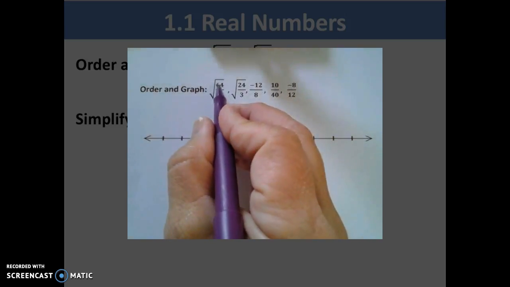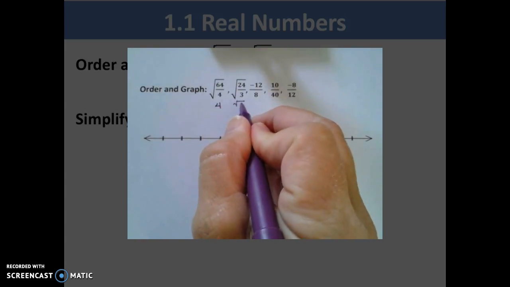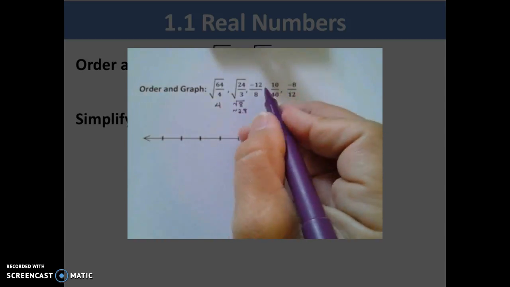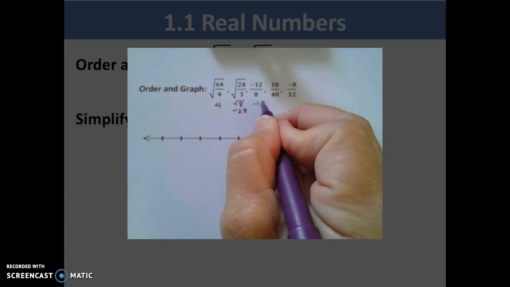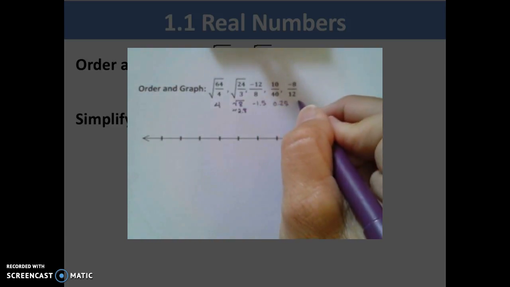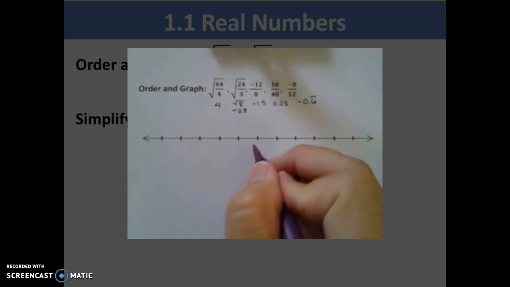So we said square root of 64 over 4 was 4. This was the square root of 8, which we estimated at approximately 2.8. This was negative 1.5. This was 0.25. And this was negative 0.6 repeating. So when we put these on our number line,